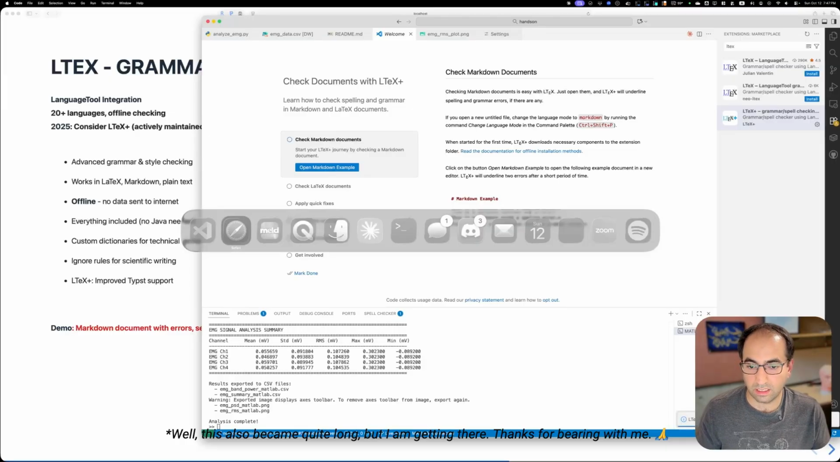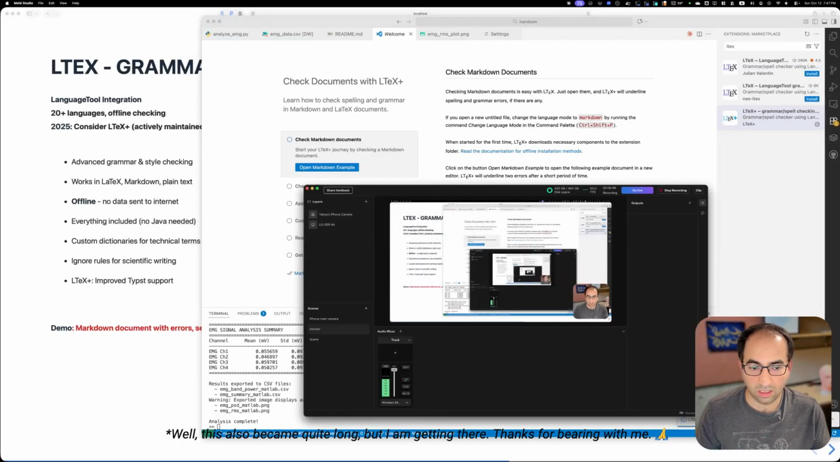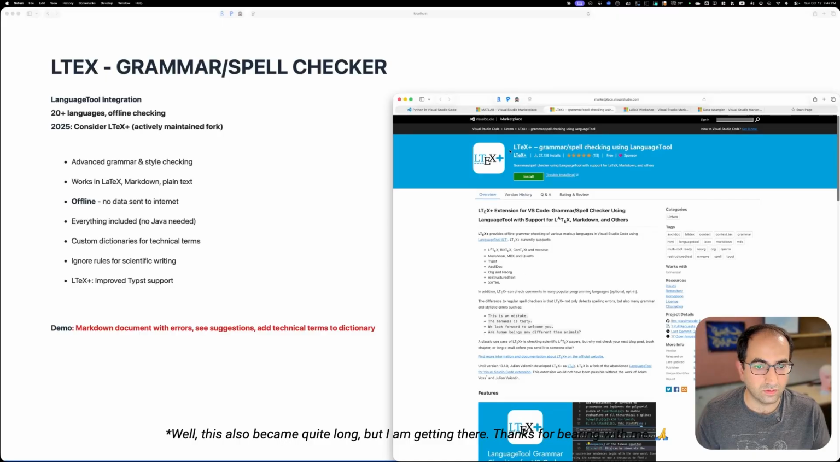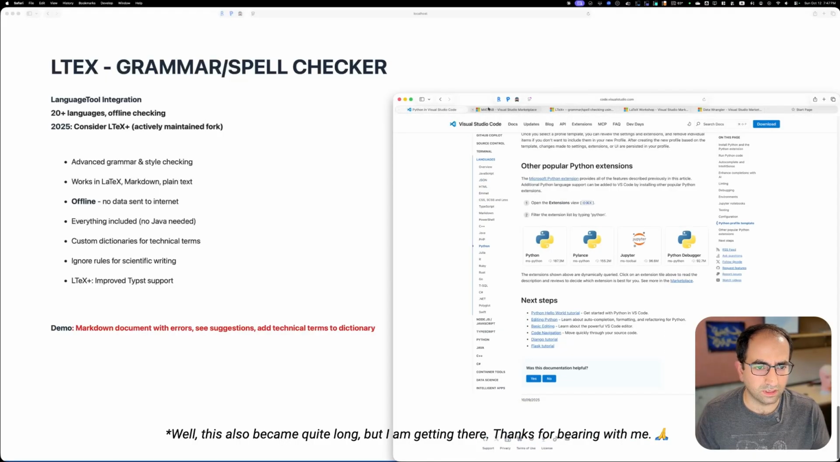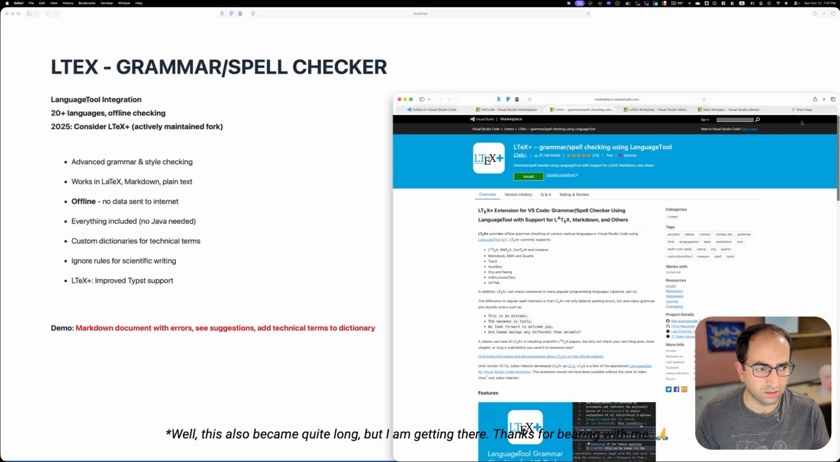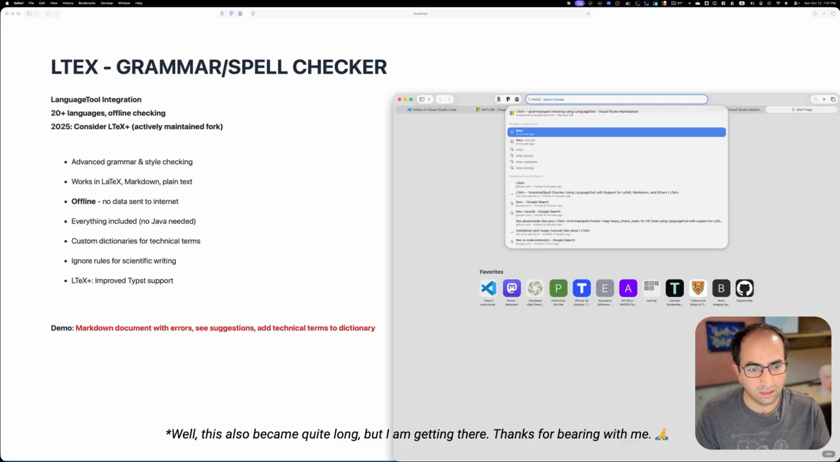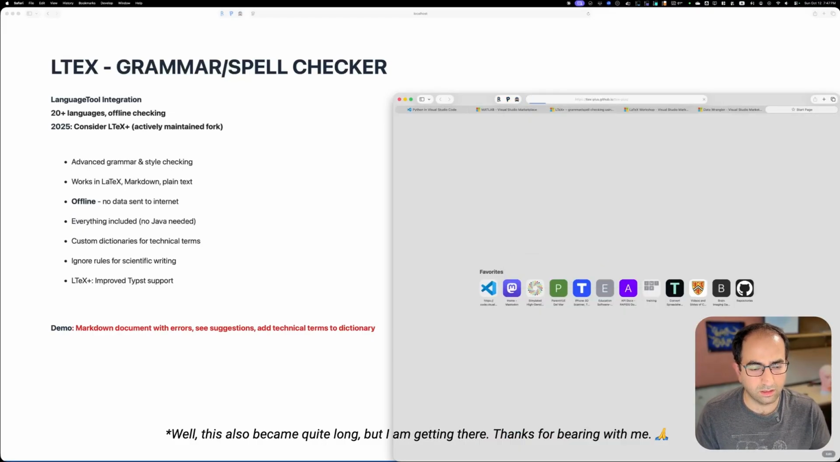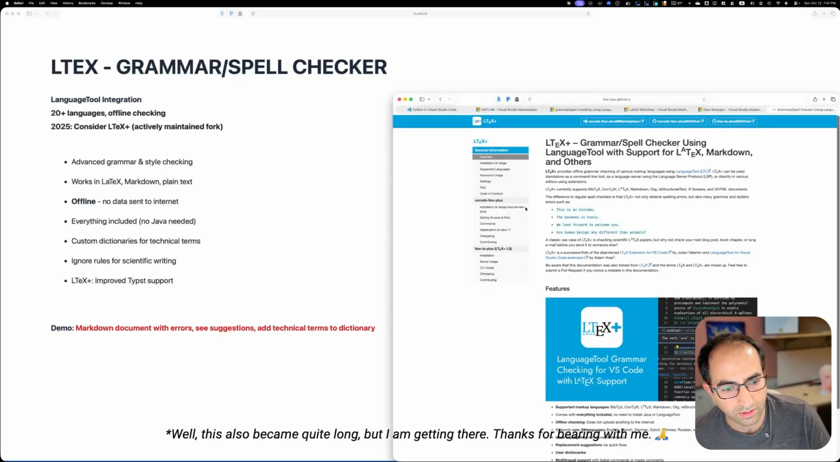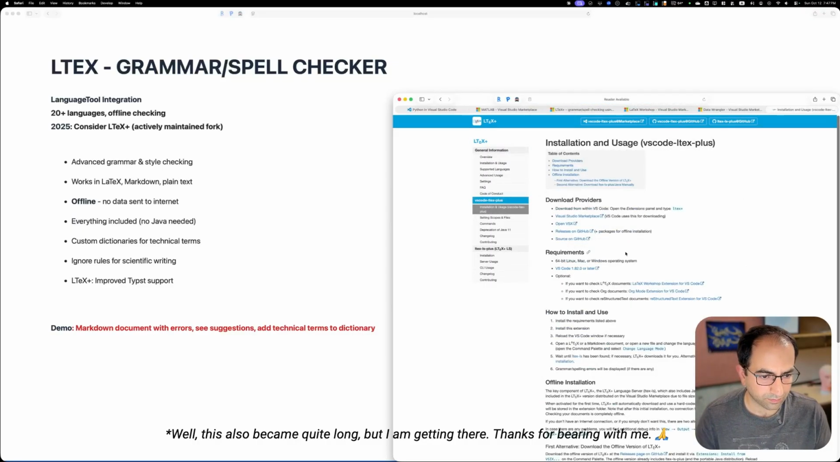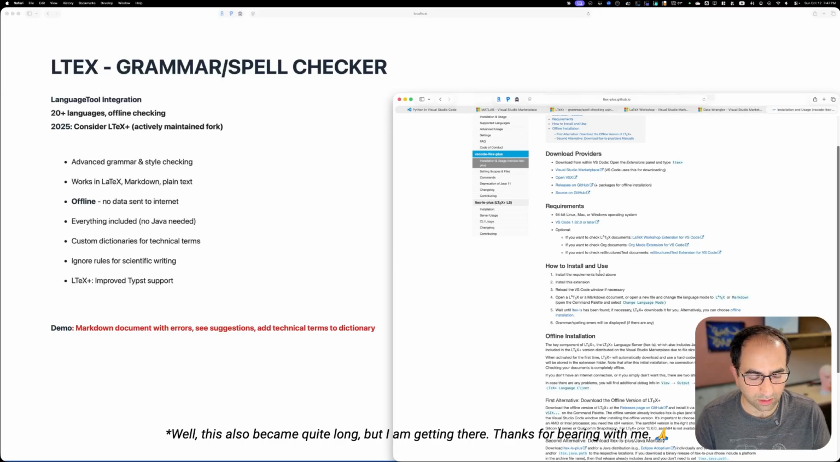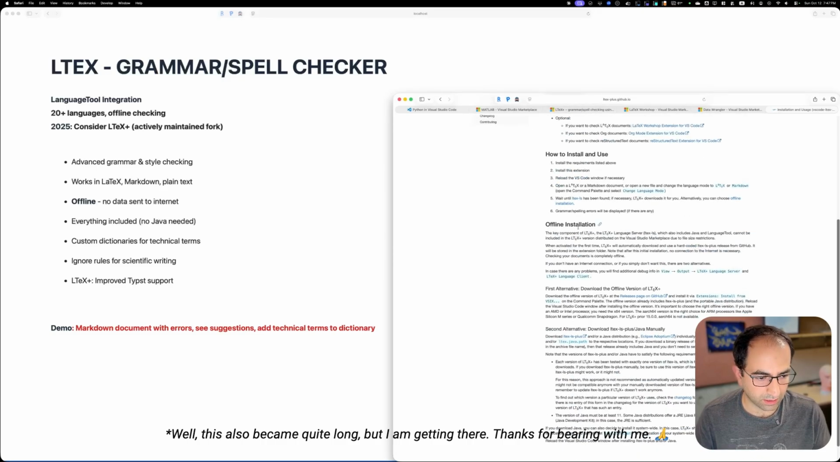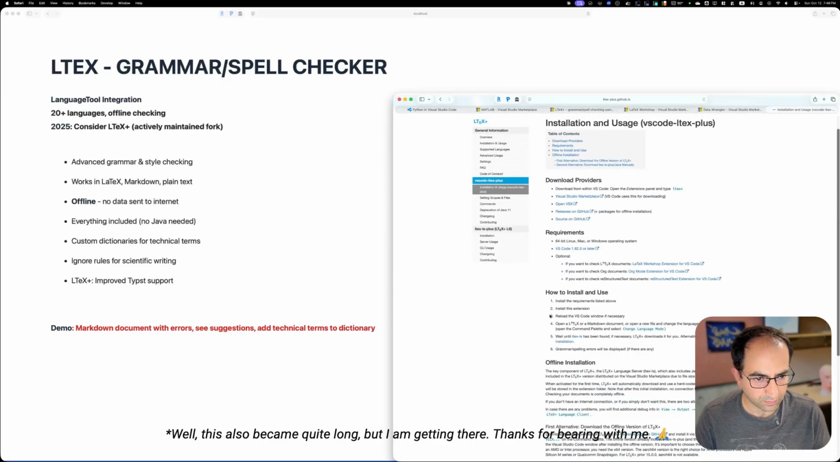And that's actually pretty easy. Let me show you while this downloads. If you go to the LTeX Plus GitHub page, let me try and find it. LTeX Plus, and then probably in here you can see the page, and then there is an installation and usage section. There is how to install and use, and then there is an offline installation. I believe if you look at it on the GitHub as well,